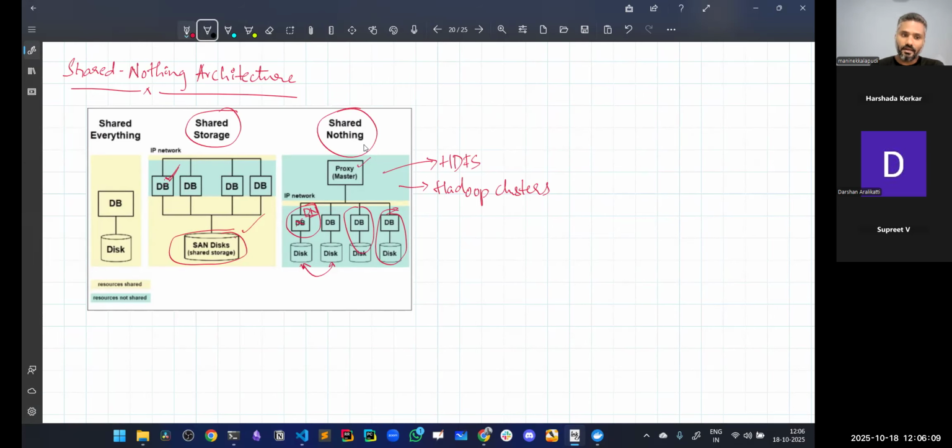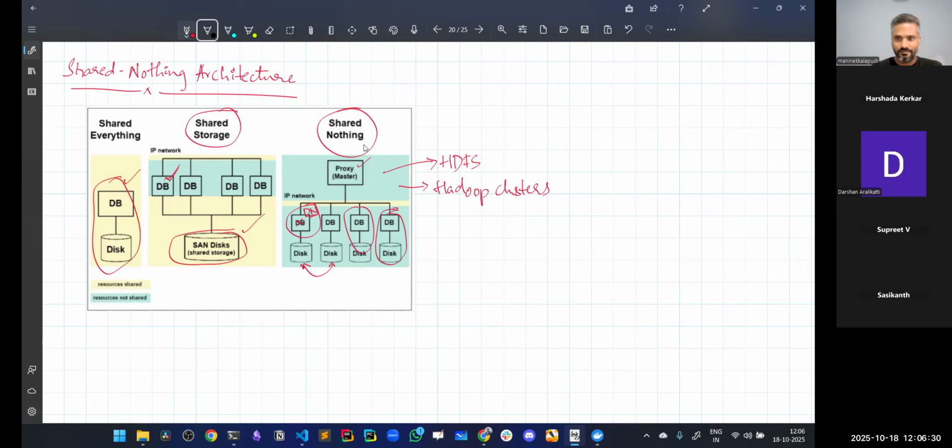Now, there is one more pattern, your normal, not a distributed compute. This is just one machine that has both your application and your database in one physical server, right? That is your shared everything. Because you have everything in one machine, you can literally say that whatever is available is for this particular application. So HDFS follows this. This is followed by Snowflake,